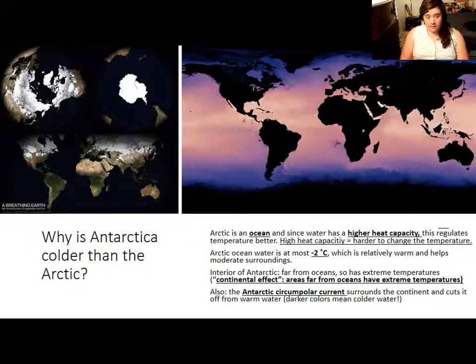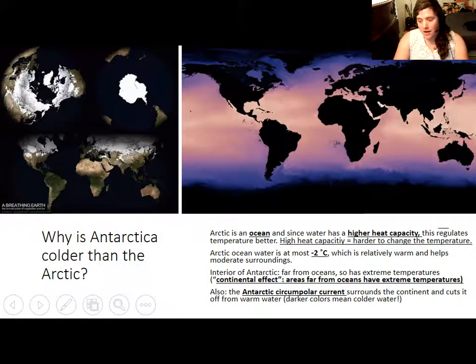And this is because the Arctic is an ocean. In the Arctic, there's no continent called Arctica. There's Greenland and there's surrounding continents, but the Arctic is an ocean. And why is this important? Because an ocean's made of water as opposed to rock. This is important because substances have something called a heat capacity. And the heat capacity is a physical property. It's usually going to be somewhat inherent to a substance like water or a mineral based on its chemical structure.